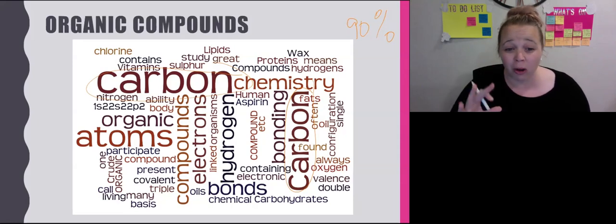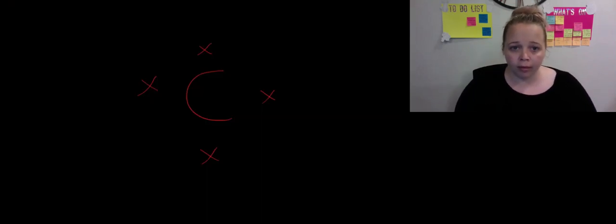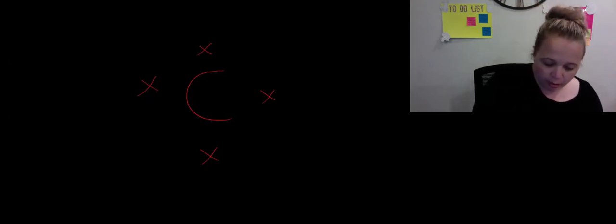So it's got 4 spots that it can join with other elements. So what we're looking at here is its electronic configuration. If you can remember what electronic configuration is, we write it down here as being 1